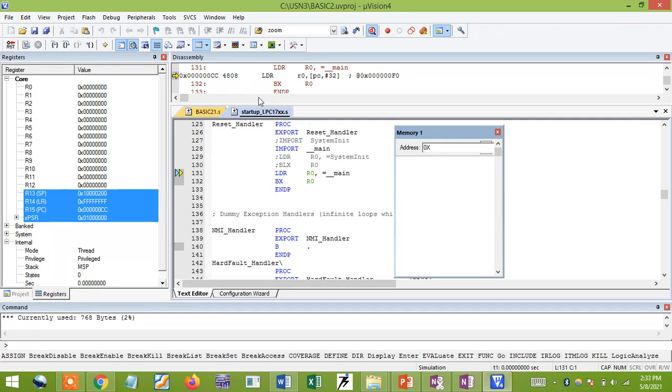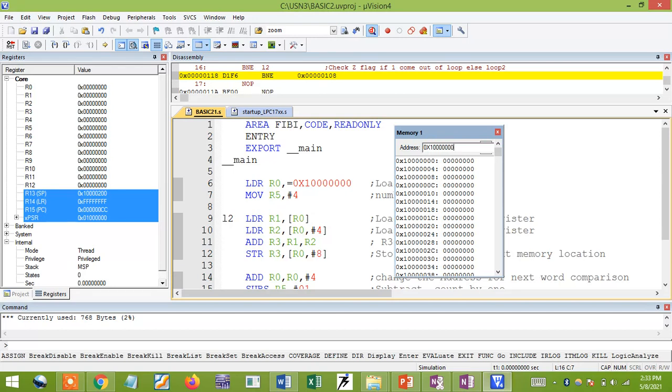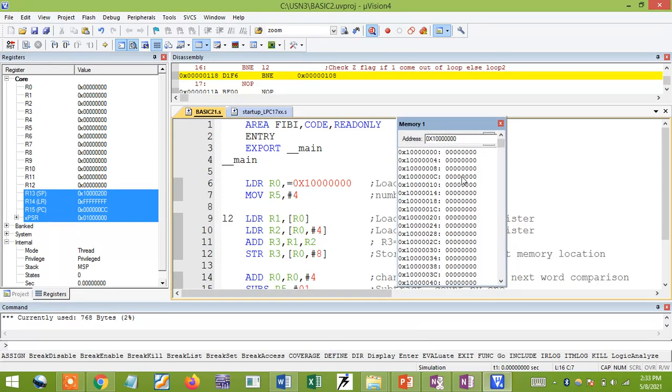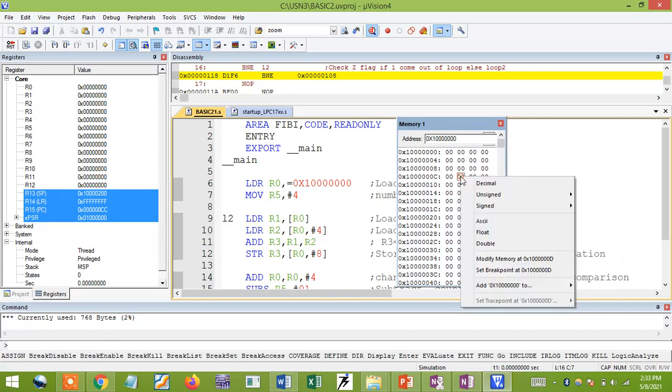What I'm going to use here is 1 followed by 70. Just give 1, 2, 3, 4, 5, 6, 7. Totally it is 8, with 7 zeros and a 1. Now you need to give the value here. Initially the first memory location value is displayed as unsigned characters. In this way, please change it to unsigned integer.